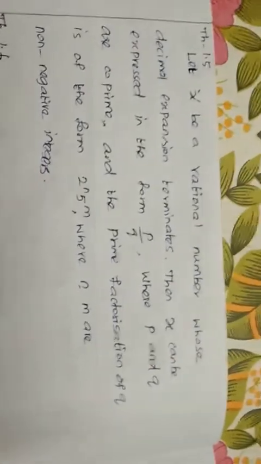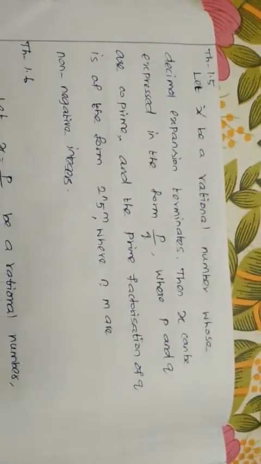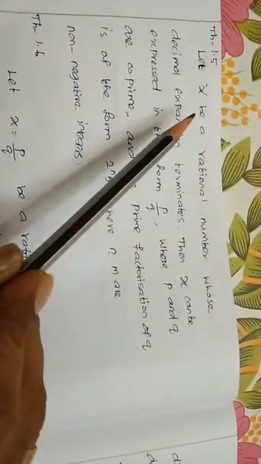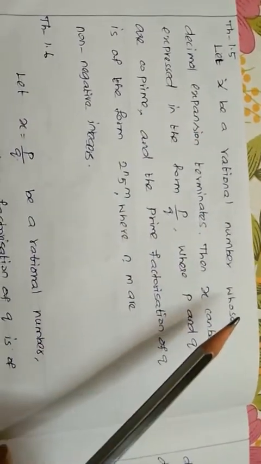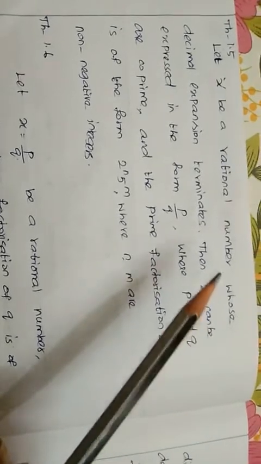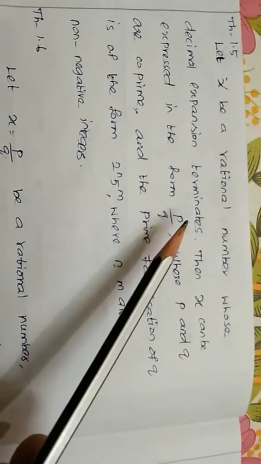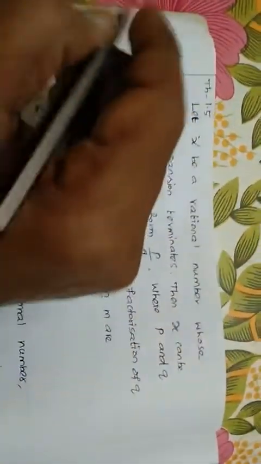Now we are going to read some theorems, and after that, problems. First one: let x be a rational number. A rational number is of the form p by q, no? So let x be some number whose decimal expansion terminates. Whose decimal expansion terminates means